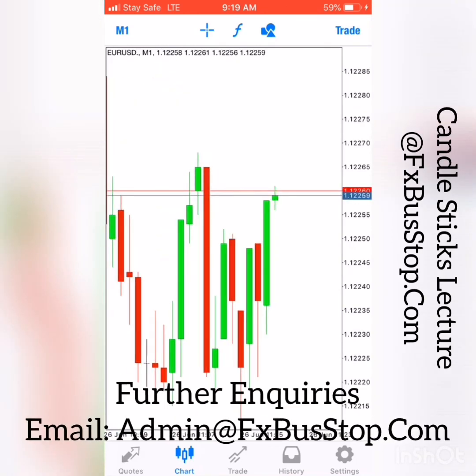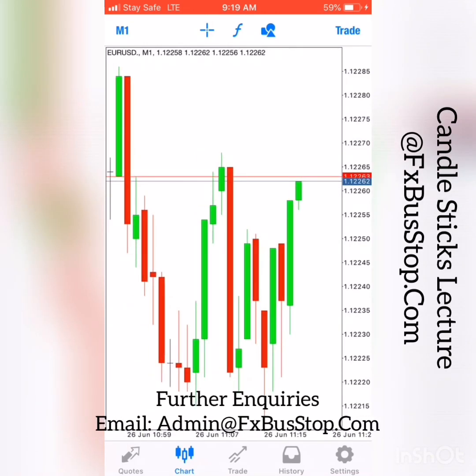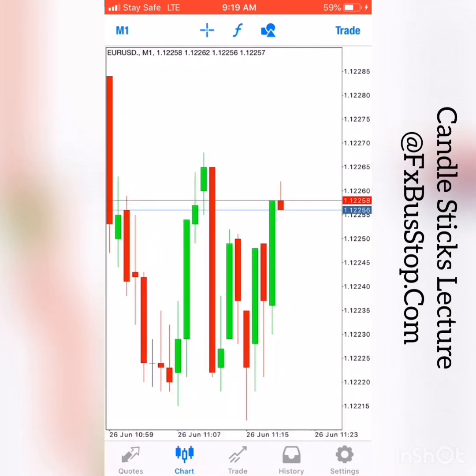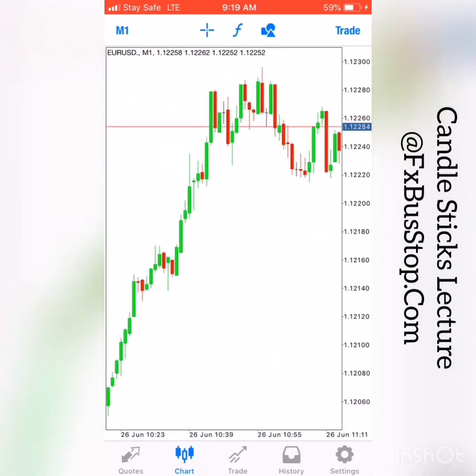In my next video, I'm going to record how to use candlestick patterns to find out when to get into a trade in the market. You can use these candlestick formations to find out when best to buy and when best